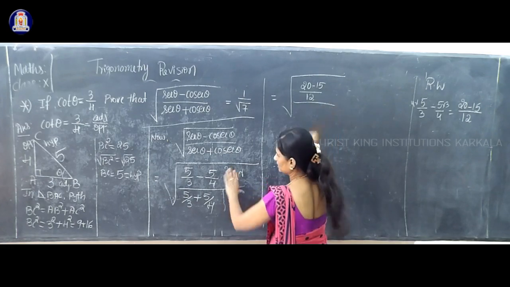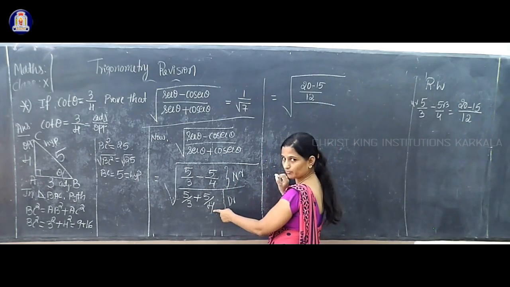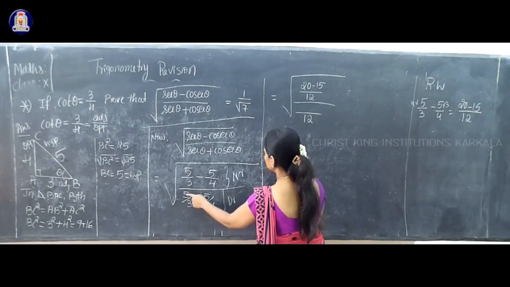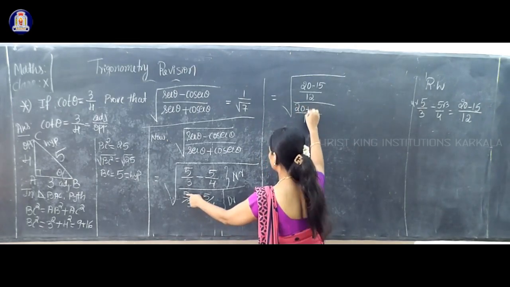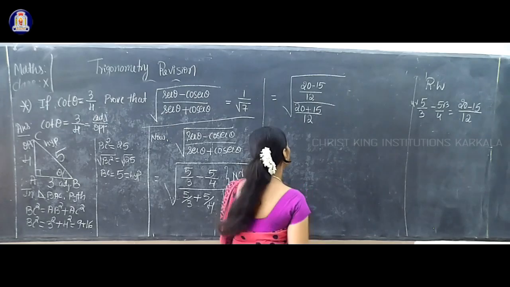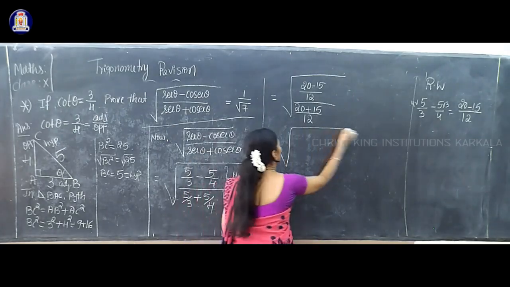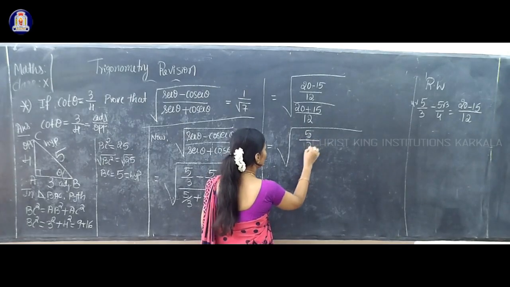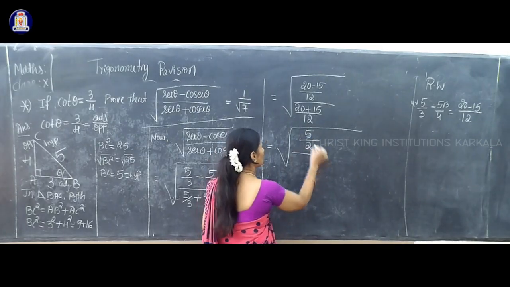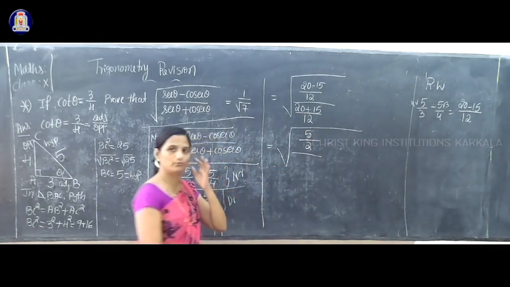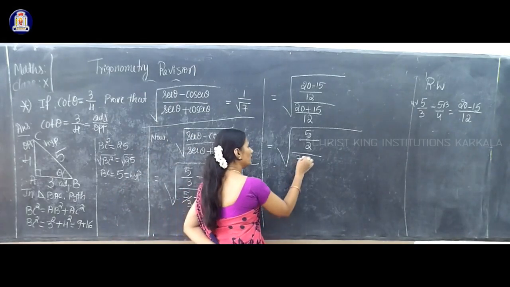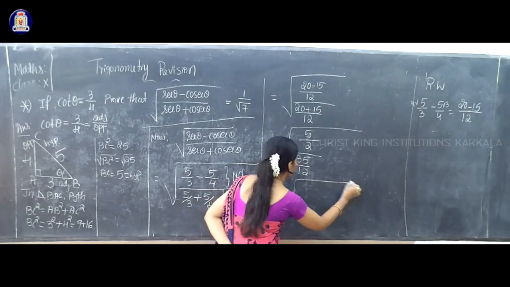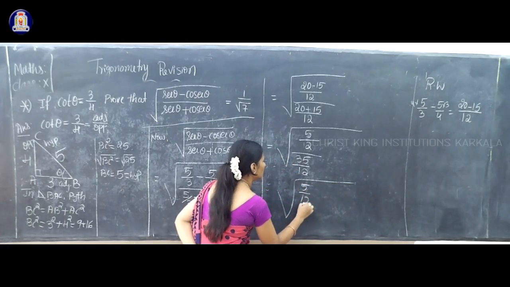So denominator again 3 and 4. LCM is 12. So numerator is 3 4s are 20 plus 15, right? So which is equal to square root of 20 minus 15 is 5 divided by 12, whole divided by 20 plus 15. It is 35 divided by 12, right? So it is under square root. So 5 divided by 12 into